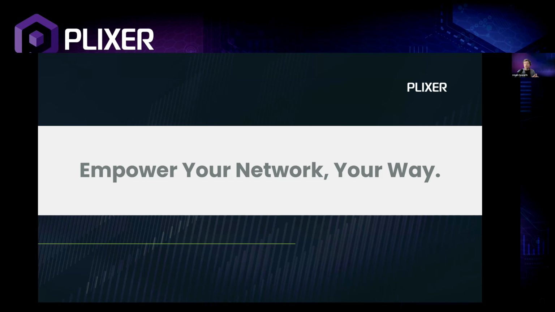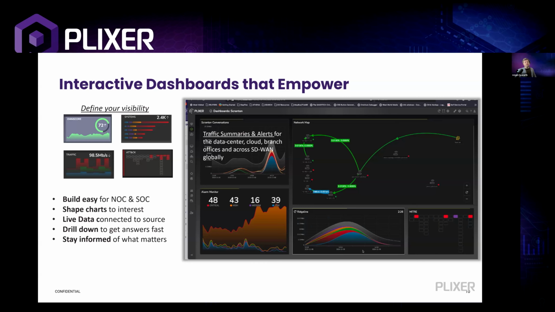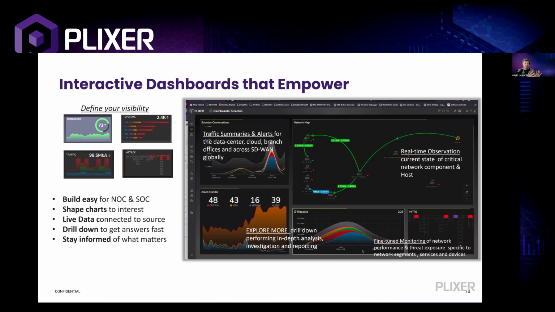So as the years have gone by, we've had opportunities to work with essentially all of the major networking vendors to make sure that we know how to decode and allocate the intent behind all of the different information elements. So Plixer One interactive dashboards are really a super powerful change to how the mass collection of network observation data